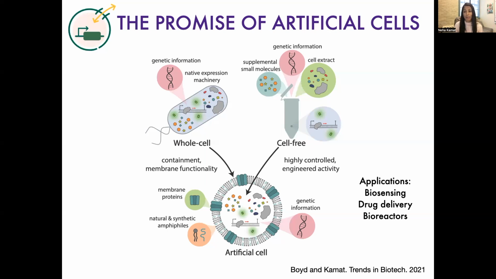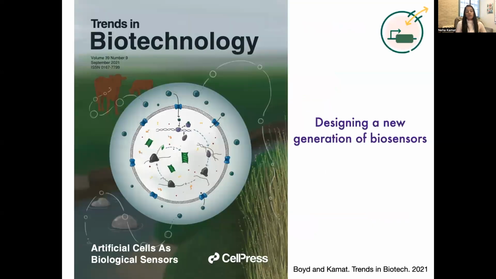Overall, we see a variety of applications in this space, from biosensing to drug delivery to bioreactors. So let's walk through some of the examples that we've been interested in pursuing. On the artificial cell side, one of the real areas we see these types of materials being useful is in